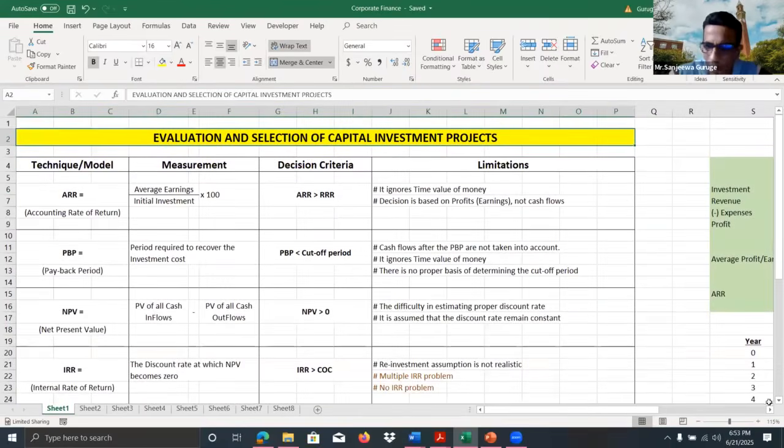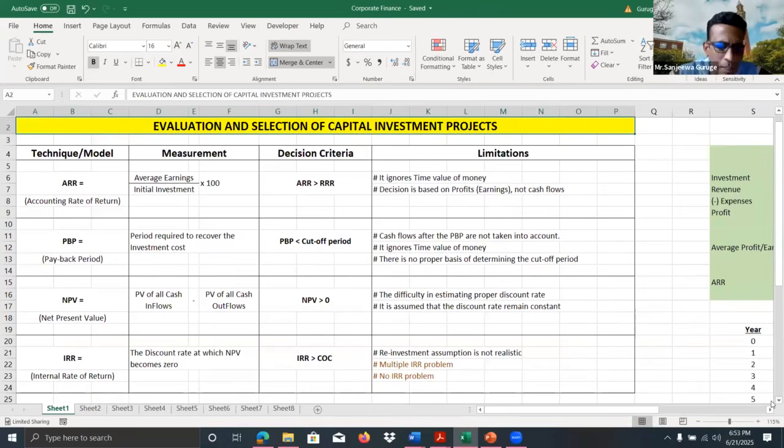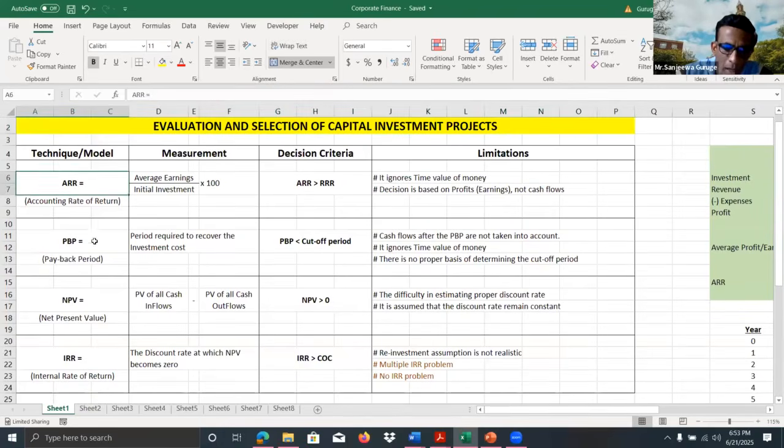Okay, so you all know this thing. I think we don't need to discuss in detail. So these main techniques, you should know how to calculate these values, right? ARR, payback period, NPV, and IRR. I'm sure you all know how to do this, because when you get the information about certain projects, you should know how to calculate these values. And the calculation of these values is fairly simple, right? Nowadays, especially with Excel and with financial calculators, the calculation of these values is so easy, right?